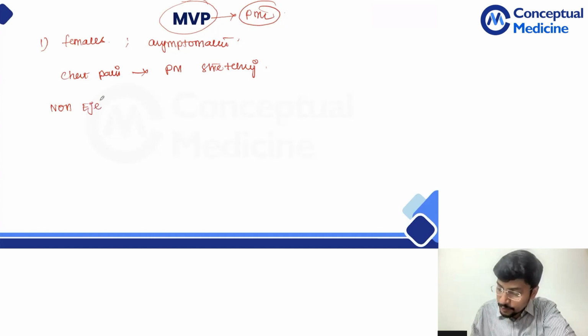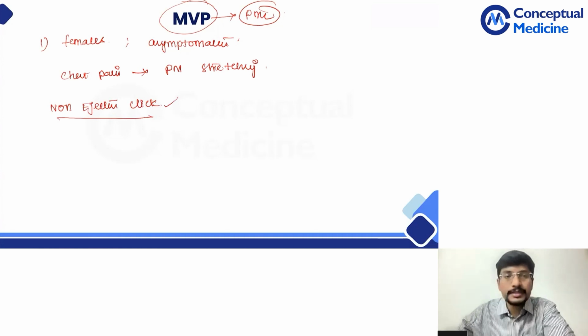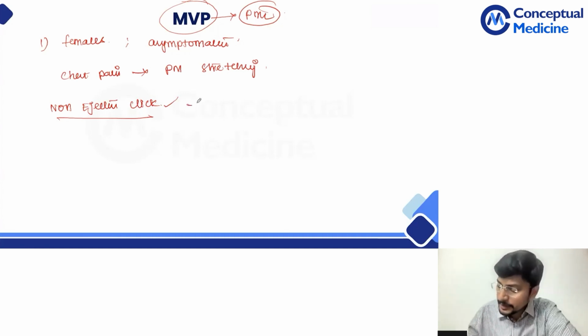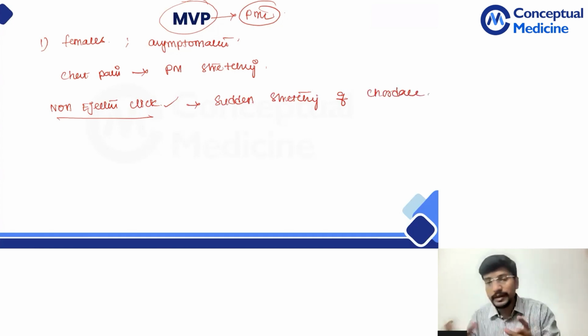On auscultation, you find this non-ejection click. So what is this non-ejection click? Because it is arising from the mitral leaflet. Ejection clicks arise from the LV outflow, so the aortic click is an ejection click, but the mitral click is a non-ejection click. Clear? Non-ejection click is because of what? Sudden stretching of the cardiac structures. Whenever this sudden stretching occurs, you hear this click, which is then followed by a mid to